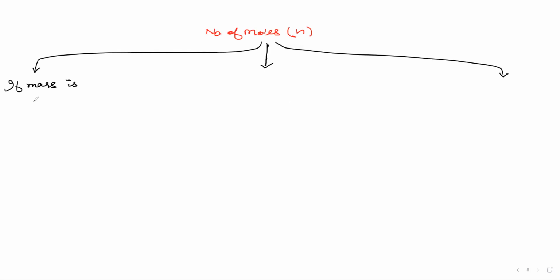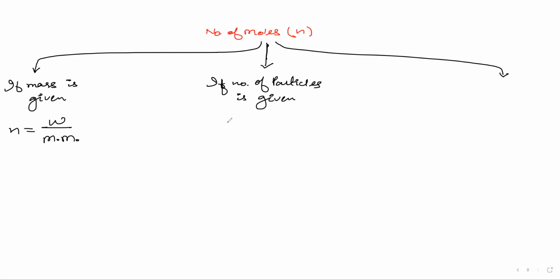If mass is involved in the question, then you will use the formula: number of moles is equal to the given mass divided by the molar mass. Now, if the number of particles is given, then you will use the formula: number of moles is equal to the given number of particles